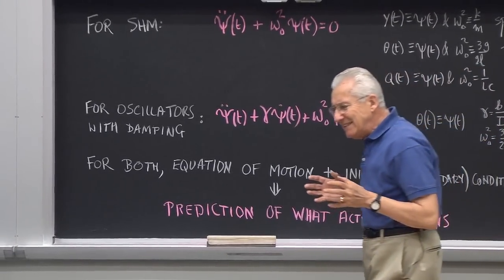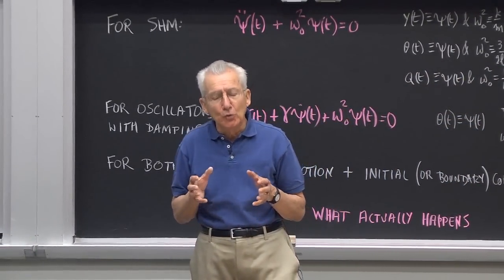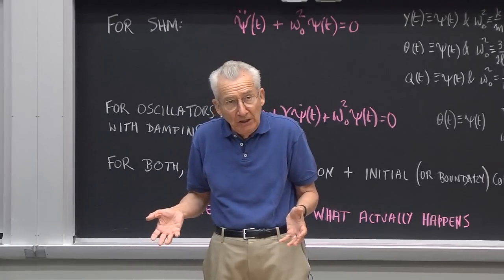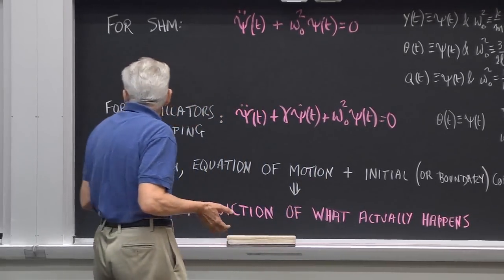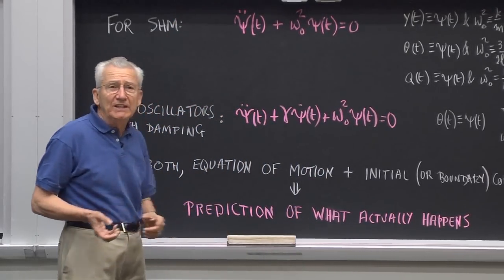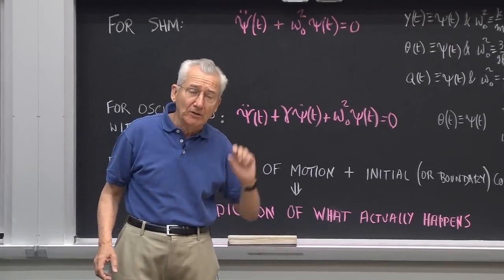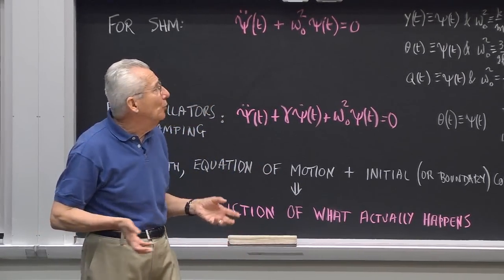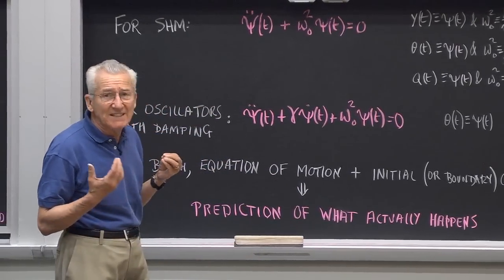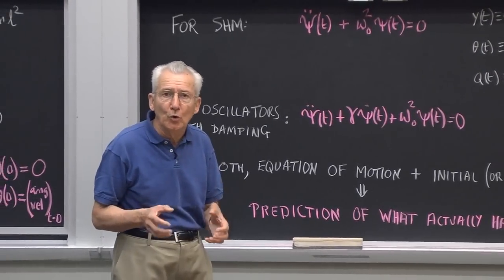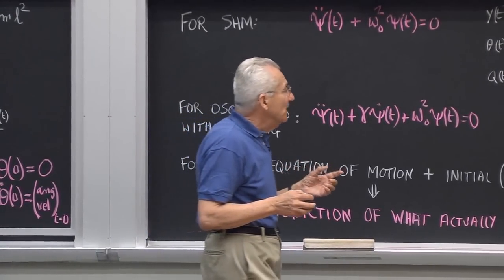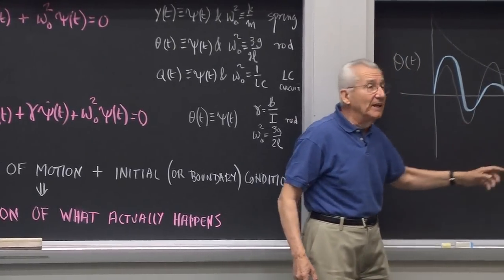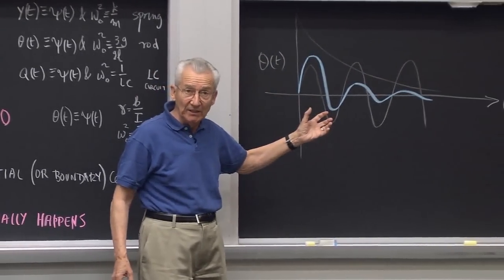It only makes sense to talk about the Q of an oscillator if it's at least a reasonably good oscillator. This overdamped one, which didn't even make one complete cycle, doesn't make sense to talk about its Q. The only case where it makes sense to talk about the Q of an oscillator is if it makes at least a few oscillations. It's got to be the underdamped case.